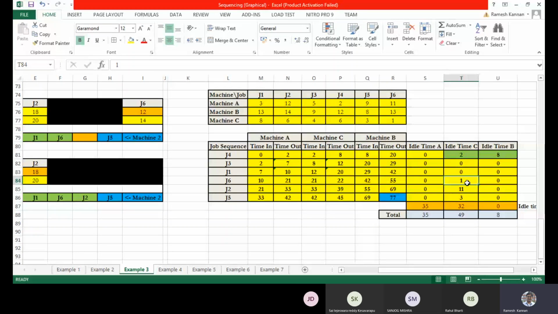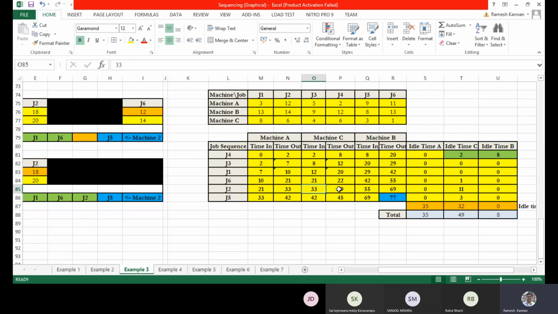over. Then 21, what is J6 of machine C? It is 1. So which means 21 plus 2 is 22. But if you take a look at it, this is 33. Machine A finishes job 2 by 33. To start job 2 on machine C, you have to wait till 33. It's quite a long time. So even though it finishes by 22, machine C still waits till 33. So the difference of that will be 11. So the idle time for machine C is 11.